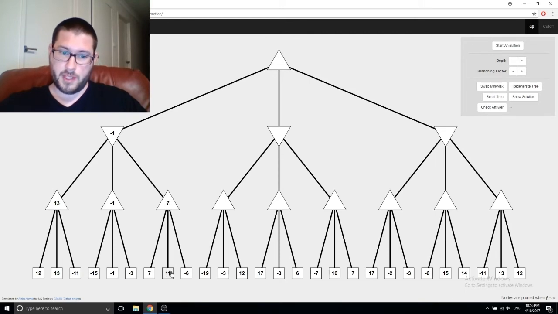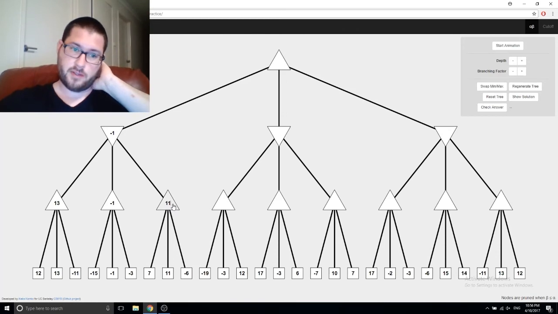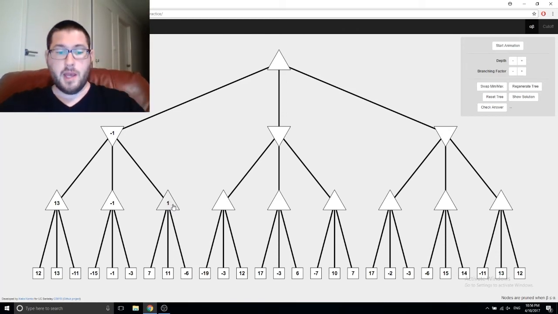So as we explore the 11, we can say, okay, well 11 is higher than 7. So obviously we would want to pick that one. And then we would change this to an 11. And then we would explore -6, and we'd say, okay, well that's not higher than 11, so we're not going to update that value. But before we do that, what we can notice is that the value of this node